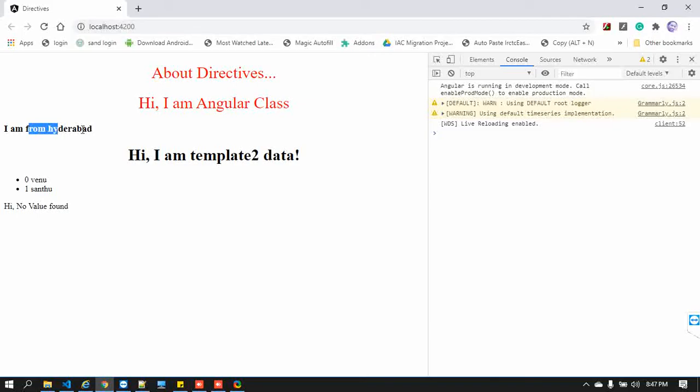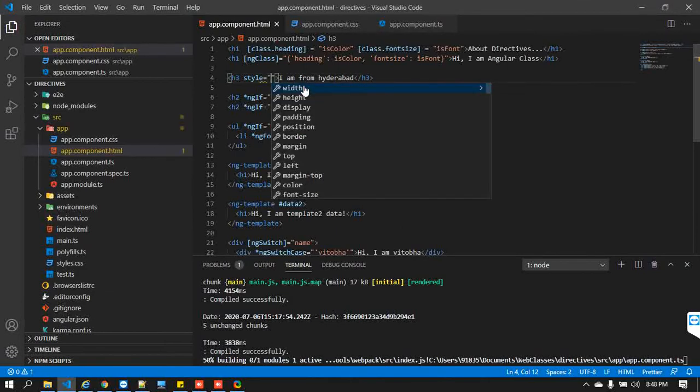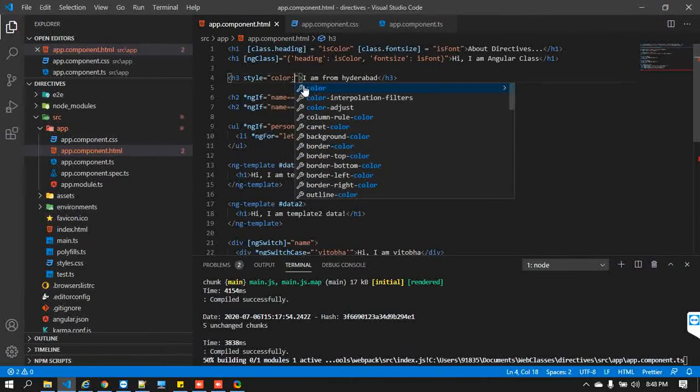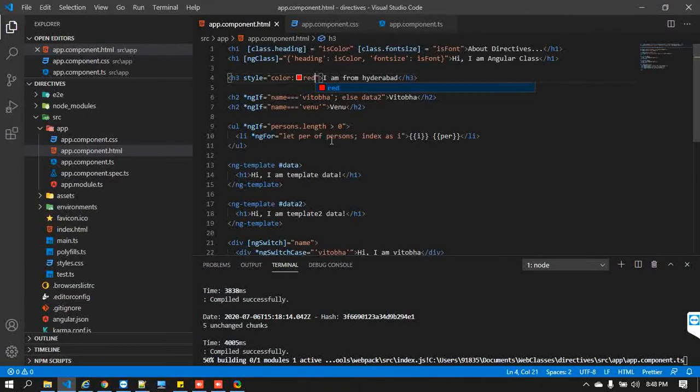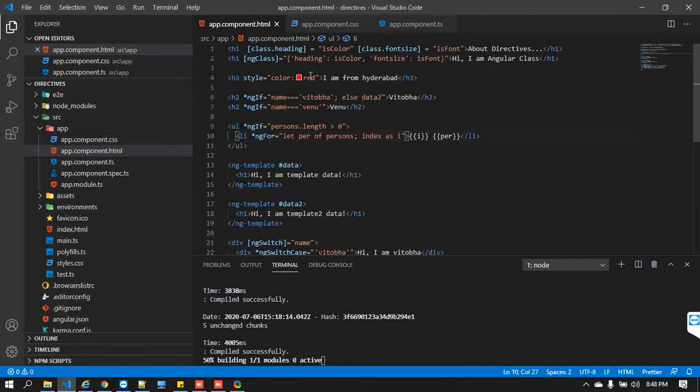We don't have any class for this respective element. Now for example I would like to apply style. How will you apply the style normally? Inline code, like this, right? So color, let's say red color. You can keep this so that the red color will be applied. Now for example let me keep blue color. By using this you can apply the colors in that way. Just a minute, guys.